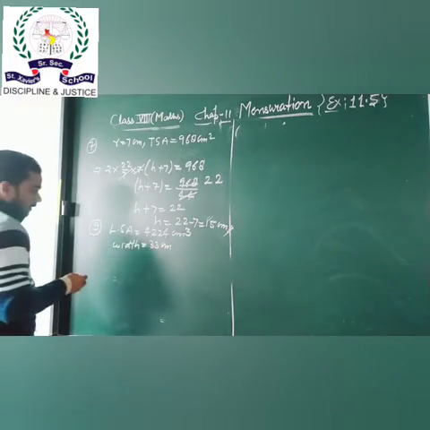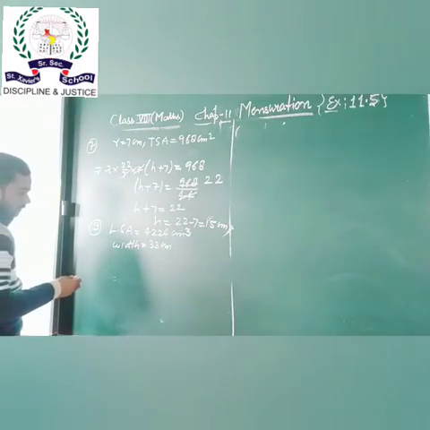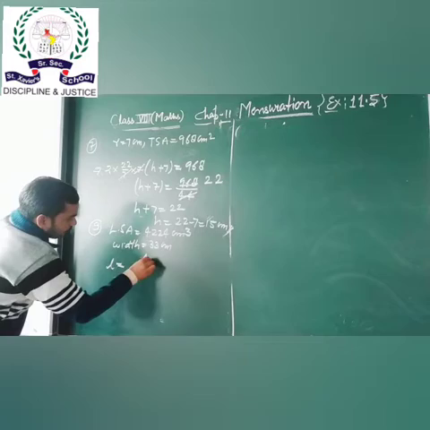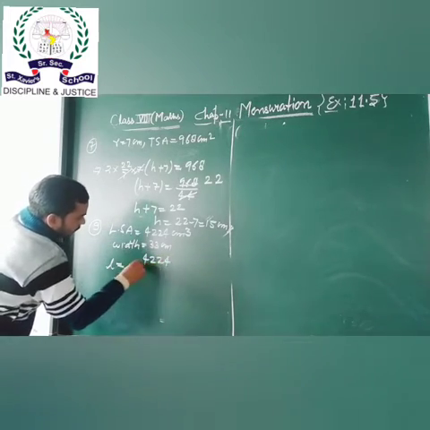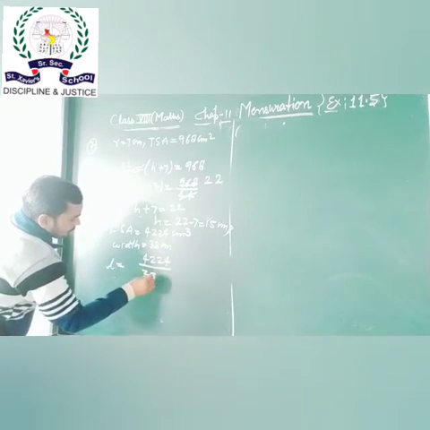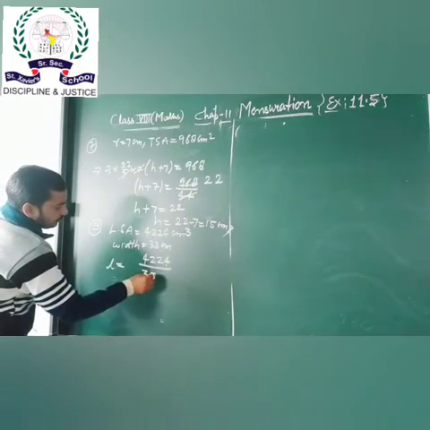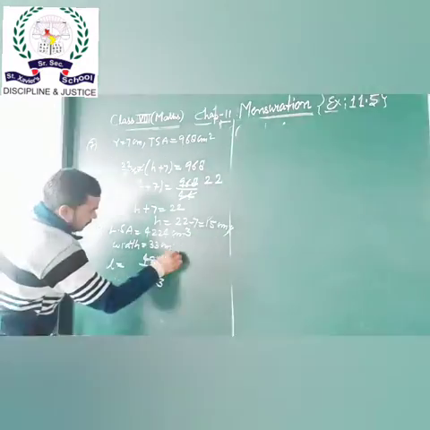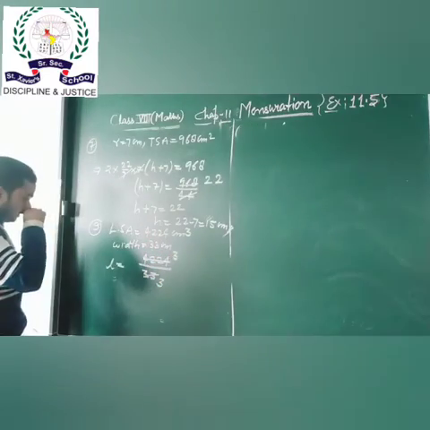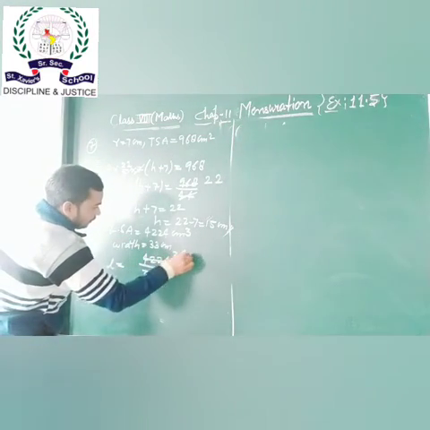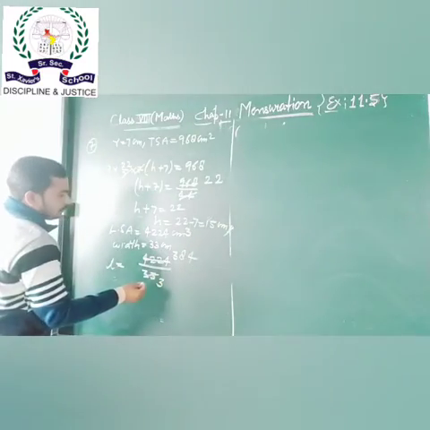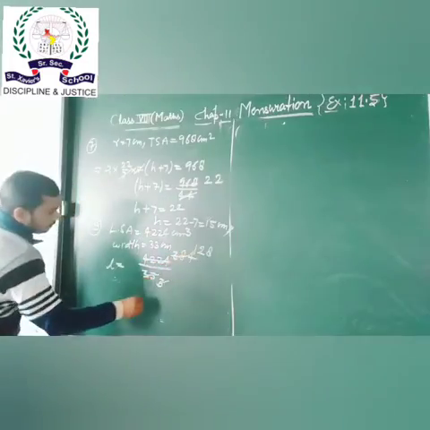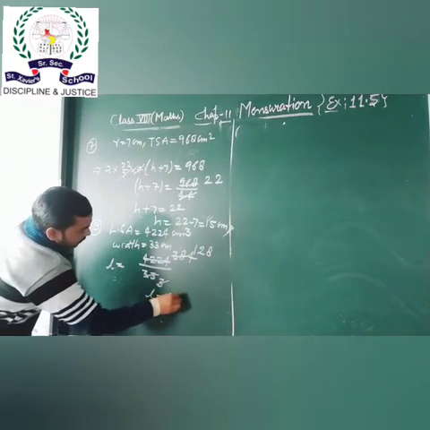So first we have to find out the length of the sheet. So length equal 4224 divided by 33. 11 3s are 33, 9, 11 8s are 88, 11 4s are 44. Then 3 1s are 3, 3 2s are 6, 3 8s are 24. So length equal 128 centimeter.